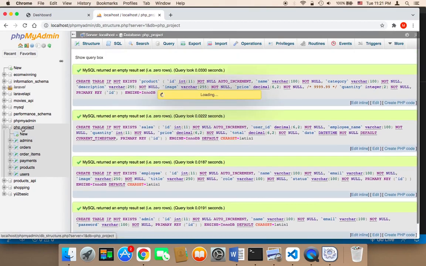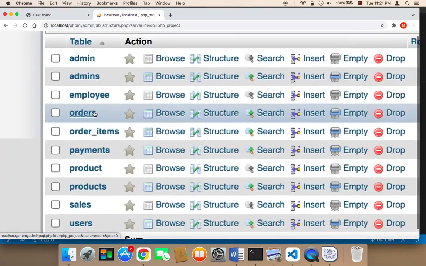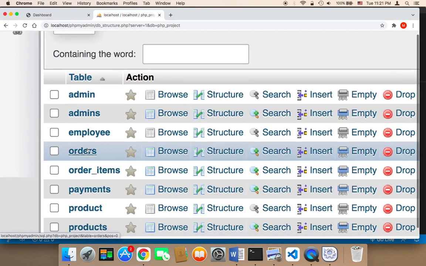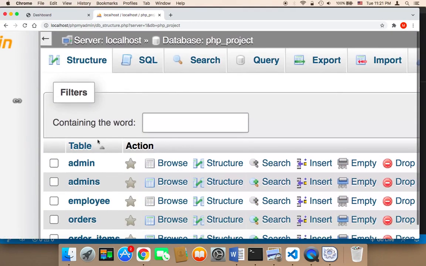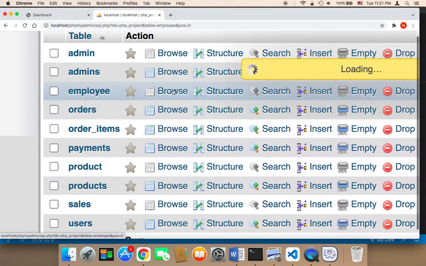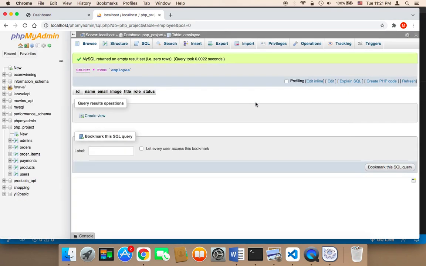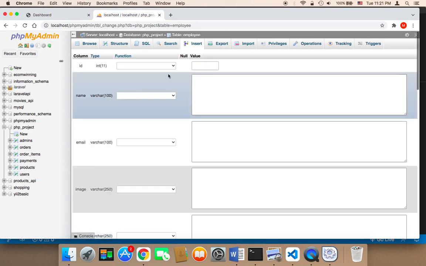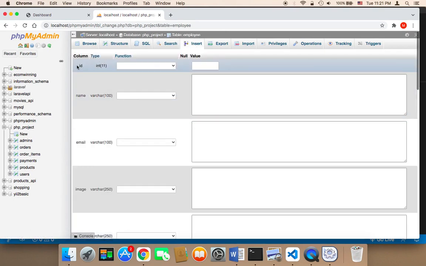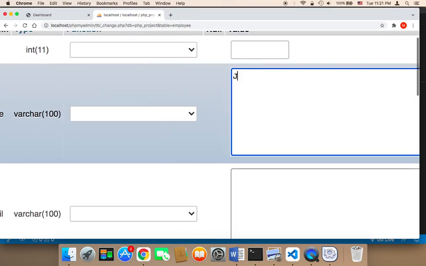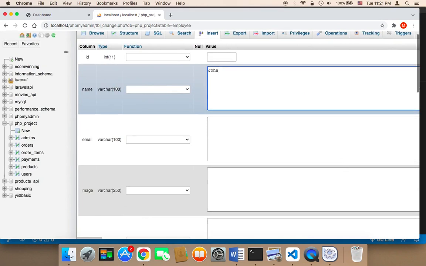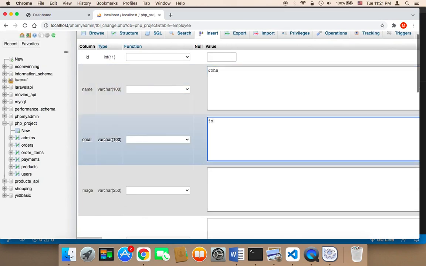If you click here on the database, you should find that we have admin, employee, sales, we have many tables. Let me insert a few employees. You need to select the employee table and then click on insert. For the ID, you need to leave it empty, and then the name. Let me insert a name, and email. I'm going to say here email,